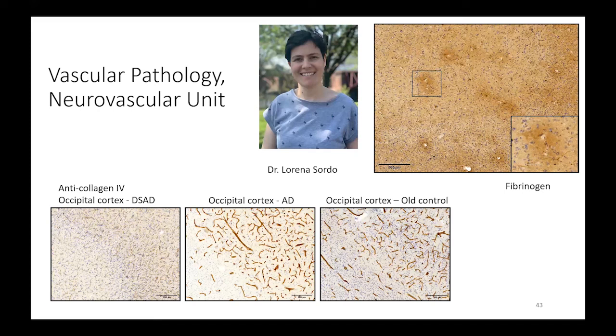Then we did a study of just anti-collagen, just for large blood vessels in the brains of people with Alzheimer's and with Down syndrome Alzheimer's disease, and sporadic Alzheimer's and old controls. Really, we just wanted to do this to set the stage for doing double labels. But when we looked at the slides, we were really struck: you can see these beautiful big blood vessels in Alzheimer's and non-demented elderly control brains, but in Down syndrome, those blood vessels don't look the same. So we don't know what this is yet. This is something we're going to have a lot of fun playing around with to see what it means.